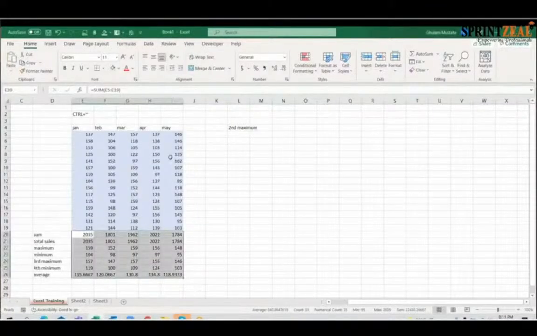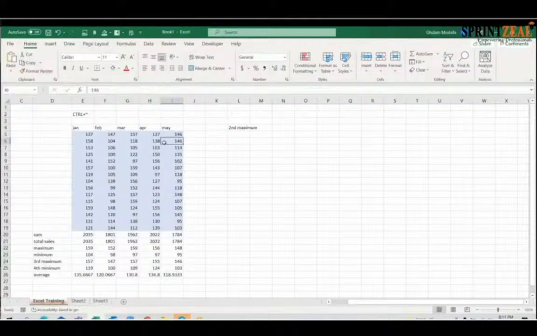Okay, no issue. We can move forward. We just learned so far what is the workbook, what is the worksheet, and what is the difference between workbook and worksheet. In a single worksheet, and in a single worksheet, how we can move into the different cells. We can apply multiple shortcuts. Now